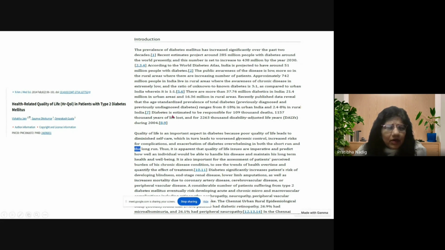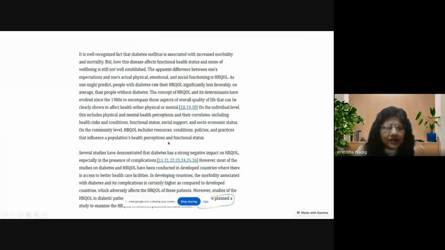We cannot assume anything, because everything should have evidence. Today, everybody is asking, even non-medical people. You ask them to eat beetroot for health, they will say, where is the evidence? So we must give these citations everywhere. Then we go more specifically into what we intend to do. They talk about QOL, they talk about diabetes, then say why HRQOL.